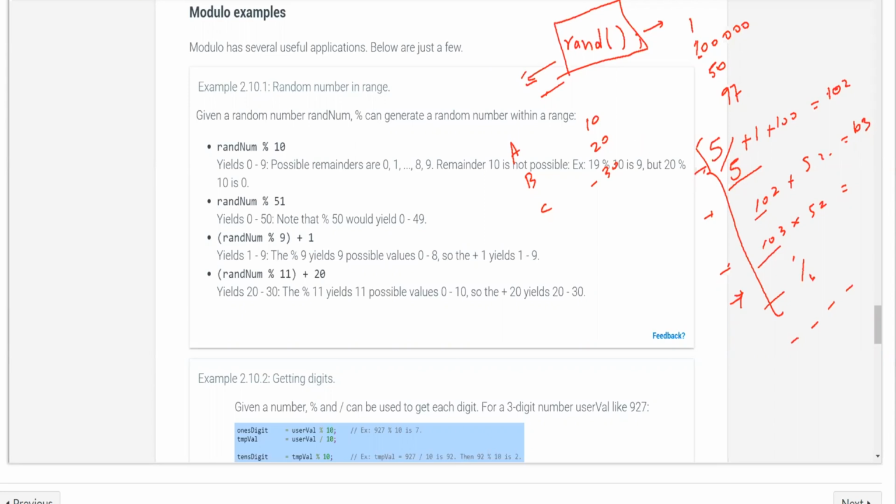So I will stop here and continue on Thursday and finish chapter 2, and then we will move into